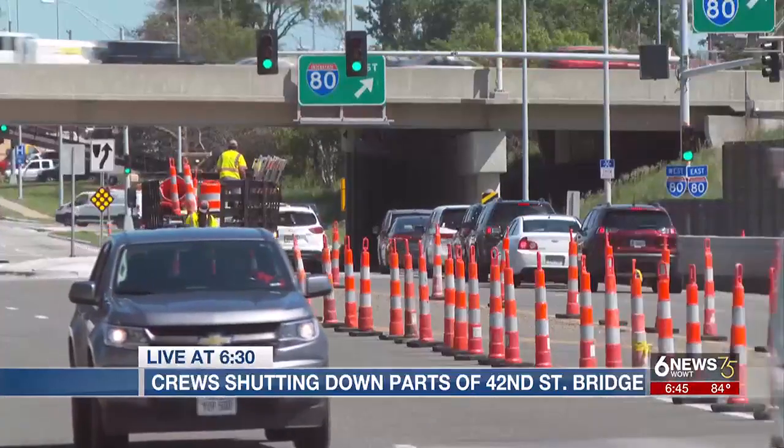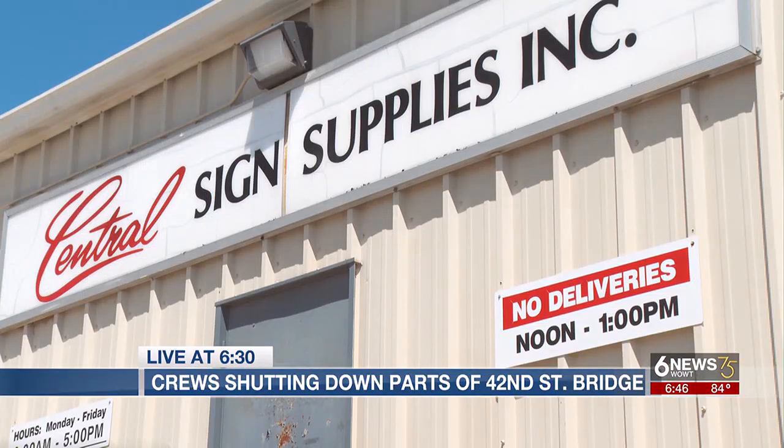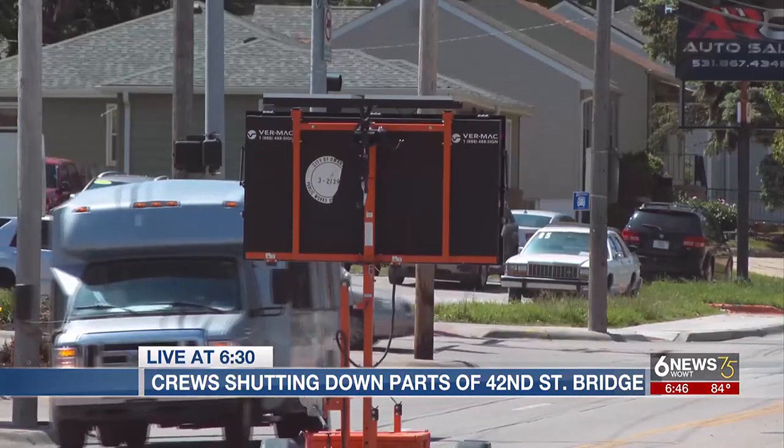The bridge is now restricted to 1 lane of traffic for both sides of the road. Nearby business owners hope construction doesn't take too long, but are happy the work is being done. We'd rather have them fix it now and have it completed the correct way rather than have it